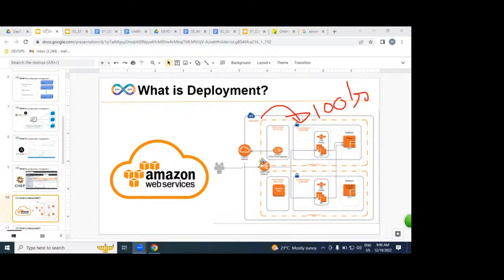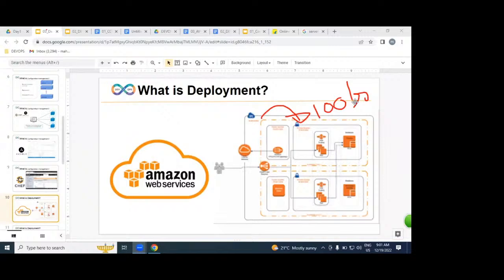But here is what we are going to understand. As we discussed, we are configuring 100 servers a day. From where are we getting hundreds of servers? If you have a laptop, you can configure it. If you don't have a laptop, from where can you get it? In how many ways can we get servers?